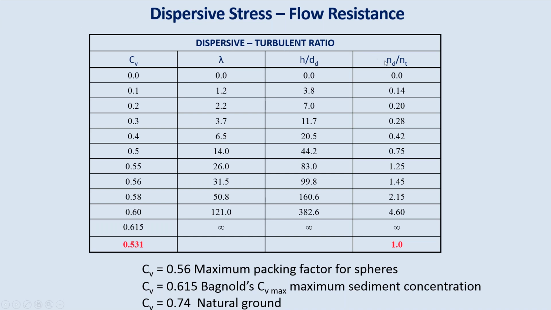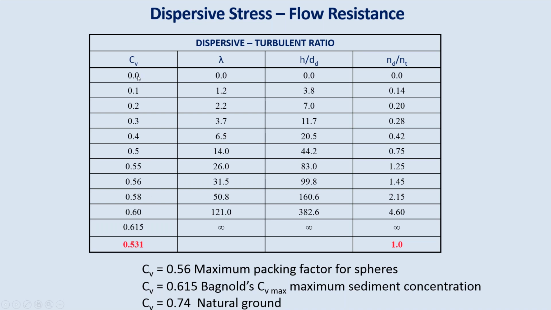We can compute a Manning's n dispersive coefficient as a function of a typical turbulent Manning's coefficient, so that you could use this in the model. So when we did this, and this is a little complicated, I'm not showing you any of the graphs and plots and data that we used to derive this, but if you derive this, what you see is